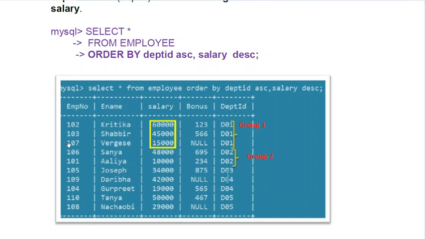So we will think about these three records in a group, and in that group the secondary column is used. This is what I'm saying. When the first column is unable to decide, when it gets similar data, then only the secondary column is used. Otherwise, there is no use of the secondary column. If all the values stored in the primary column are unique, then there is no use of salary. Okay.